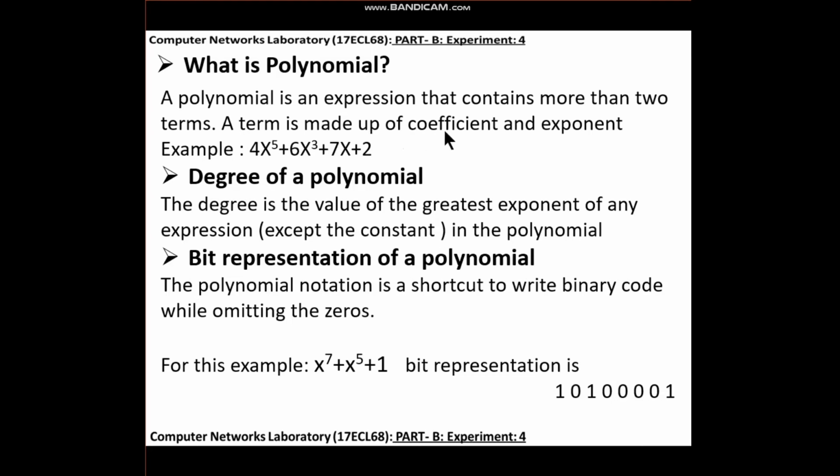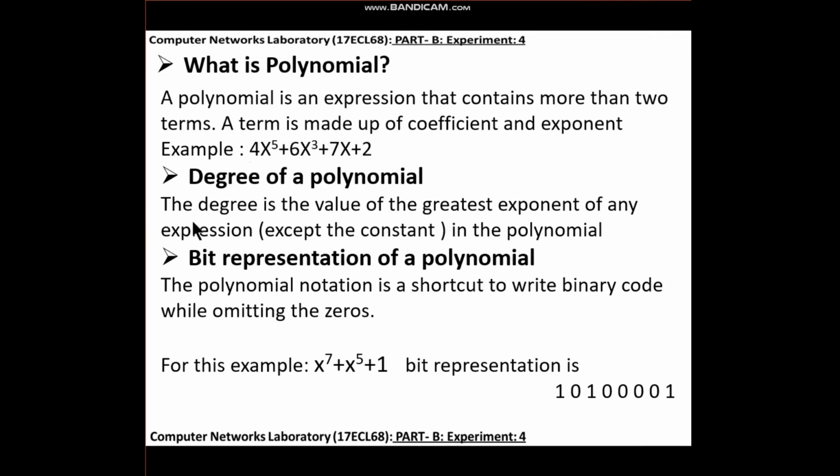A term is made up of coefficients and exponents. An example is this polynomial: 4x raised to 5 plus 6x raised to 3 plus 7x plus 2. 4x^5 and the others are nothing but individual terms of the polynomial, and 4, 6, 7, 2 are the coefficients of the polynomial. 5, 3 and here 1 are the exponents of the polynomial.